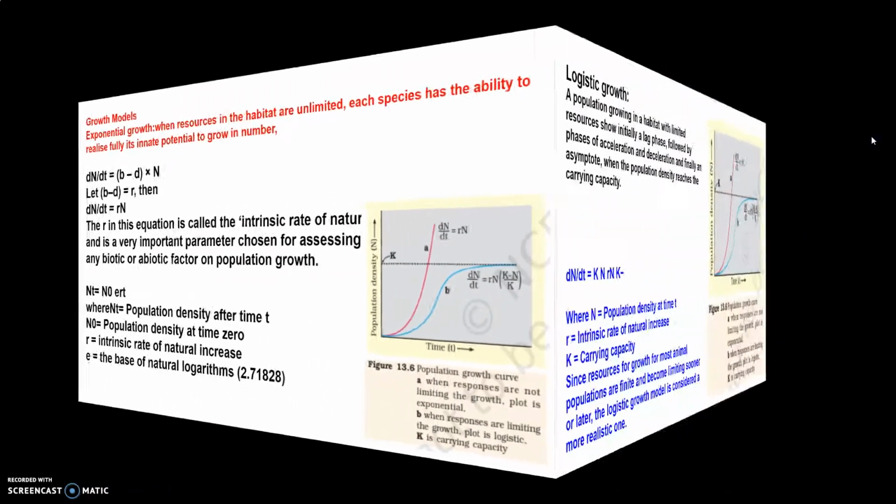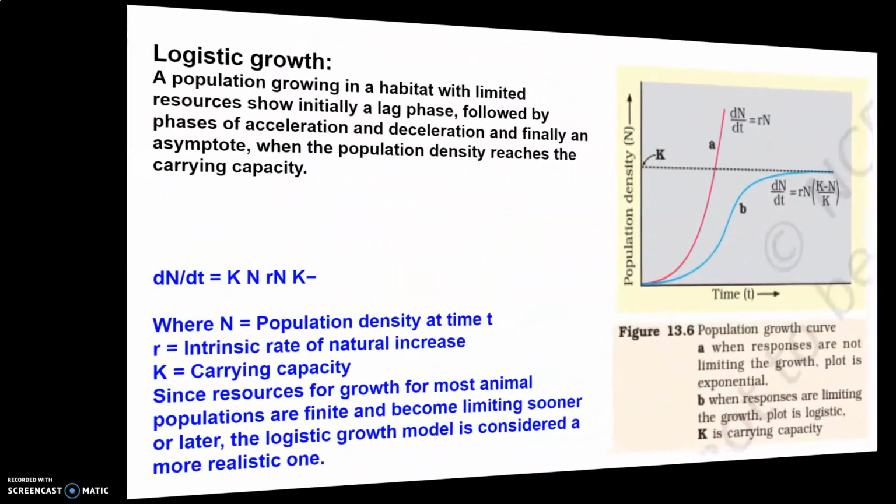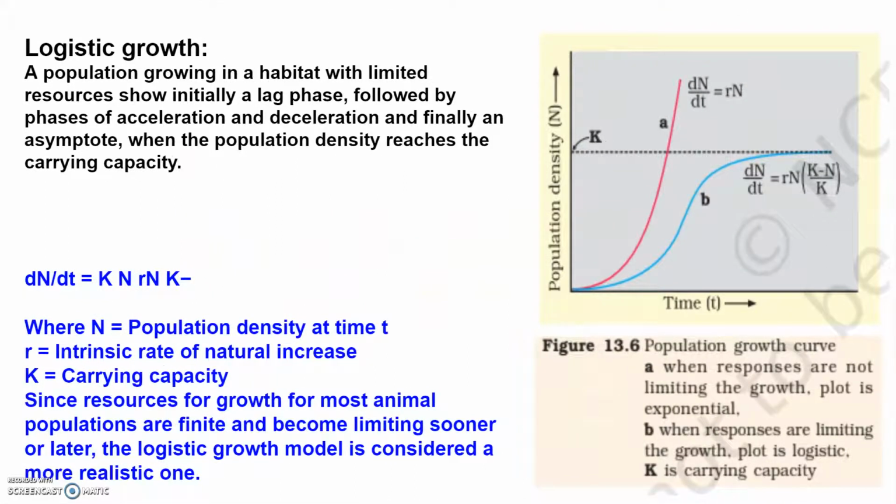Let's talk about logistic growth. Now, no population of any species in nature has at its disposal unlimited resources to permit exponential growth. So this leads to competition between individuals for limited resources. When the resources are limited, the fittest individuals will survive and reproduce, and the governments of many countries have also realized this fact and introduced various restraints with a view to limit human population growth.